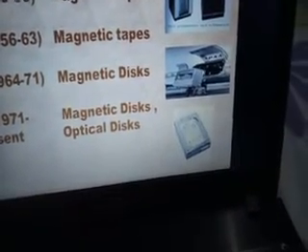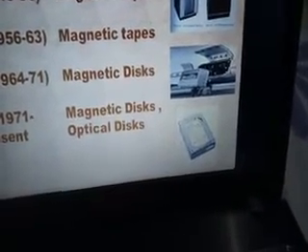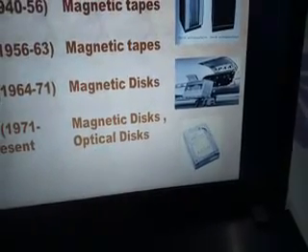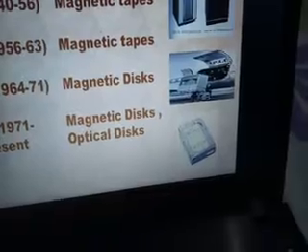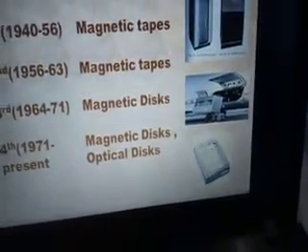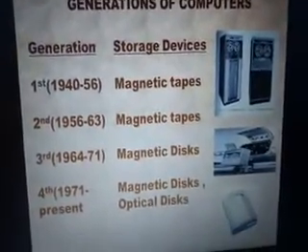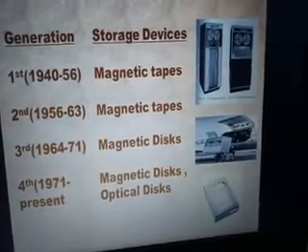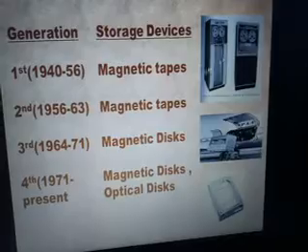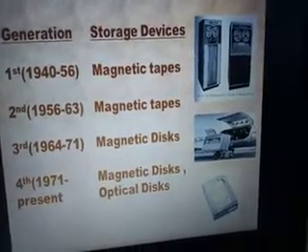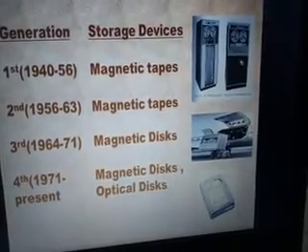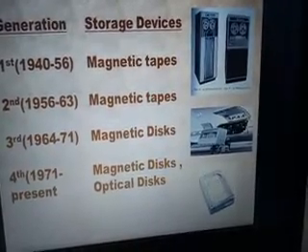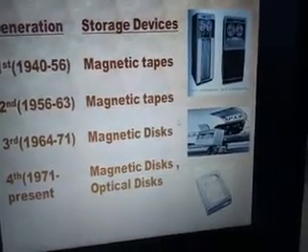Also in the storage capacity. The storage capacity of a modern hard disk is at least 1,000,000 times more than these huge hard disks which were used in the third generation. And in the first and second generation, there were no hard disks. There were only these things called magnetic tapes. In those days, these magnetic tapes were used. They are still used nowadays, but they are very slow and not much of use nowadays.